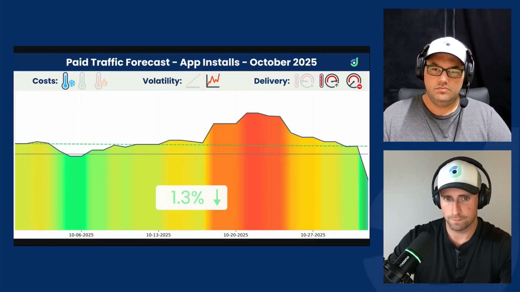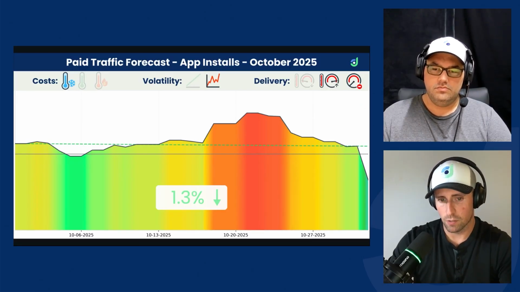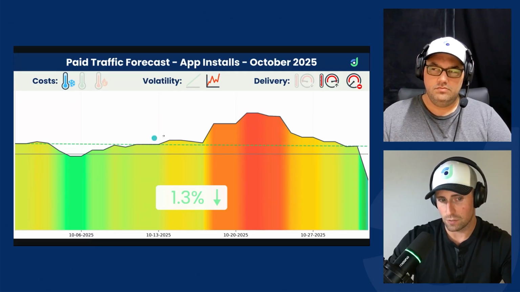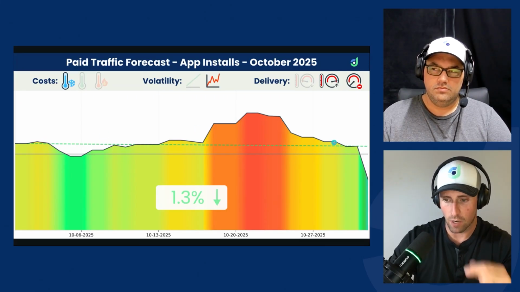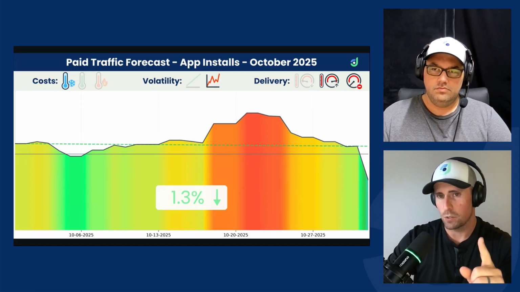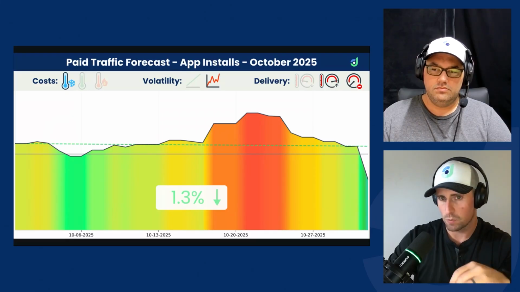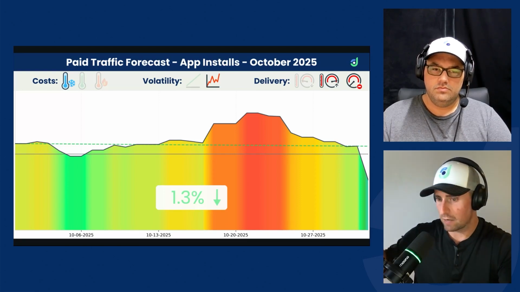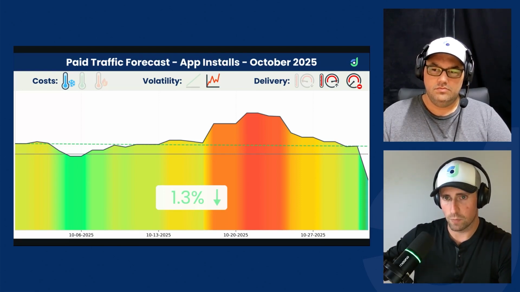So for you as an app install advertiser in the month of October, we are expecting between the beginning of the month and the end of the month, your CPMs to actually go down 1.3%. But as you can see, there's some chops in here that I'm going to have Ross talk through. But before we get there, as a performance advertiser, I know you don't care about CPMs. You care about your cost per install and your return on investment. What you have to understand is there's a linear correlation between CPM changes and everything that you want to measure on a performance side. And I'm going to prove that to you in our projection section.